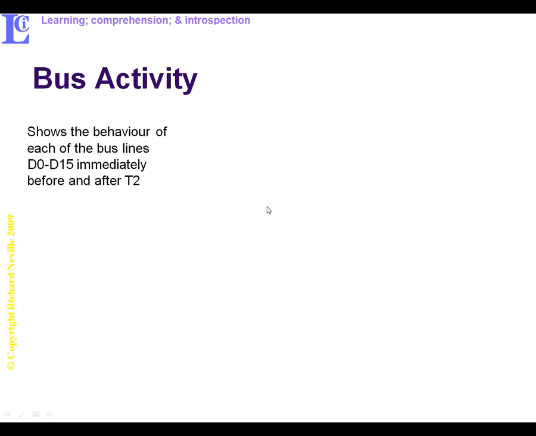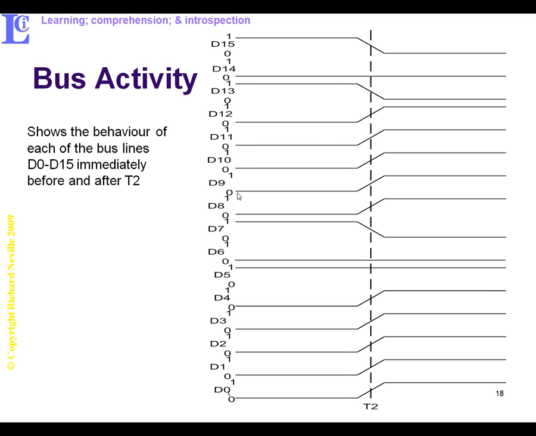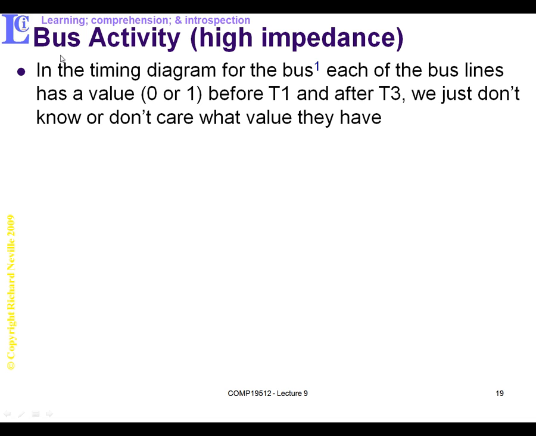Now we're going to look at this value in a different diagram, again with 16 bits, D0 to D15, so we could say it's a data bus, and look at it in a different way. So this is this value here, changing to this value here. Okay, so that's one of the values, and we're seeing the transitions if they change. Now the important thing is, on buses when we're transmitting data, each bus line could be in a 0 or 1 state. If we don't care what they're in,